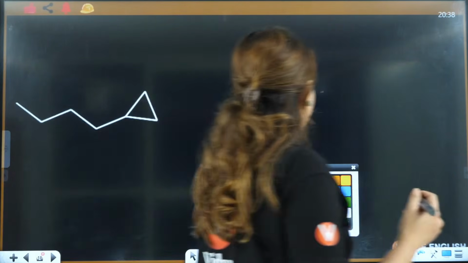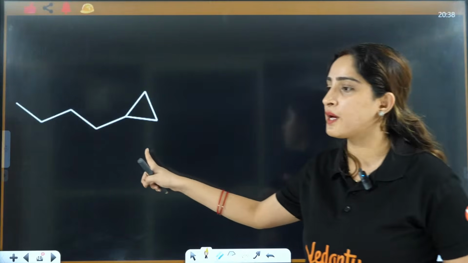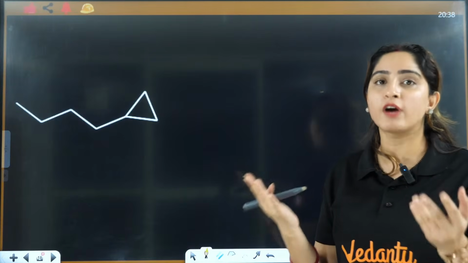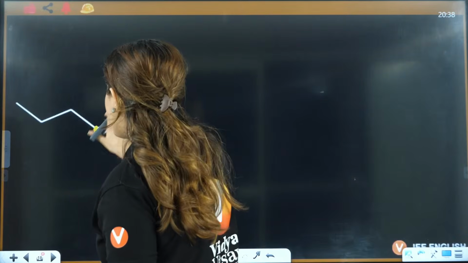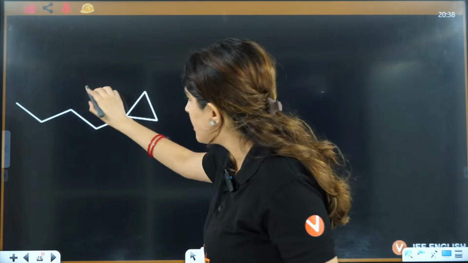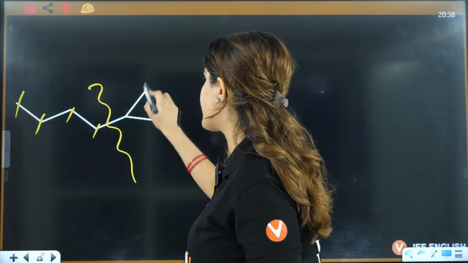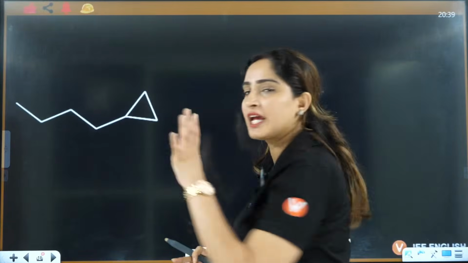Okay, now can you tell me which one you will choose? This one or this one, which one you will choose? The one that has more number of carbons, right? Now here, break this bond. How will you calculate the carbons? Break this bond. This is 1, 2, 3, 4 carbons here. This has 1, 2, 3 carbons here. So definitely the open chain we will choose here.